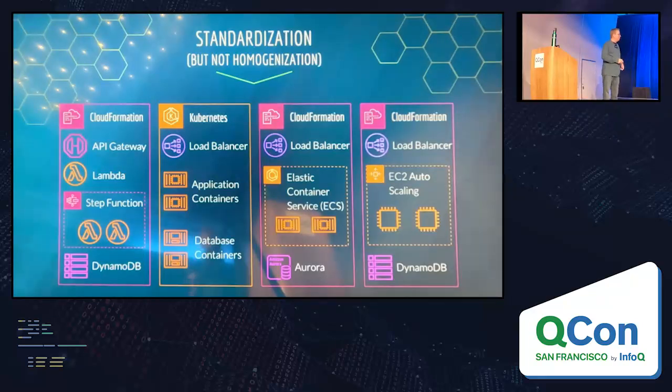Here we can see a few different examples. We've got one on the left that is deployed via AWS CloudFormation, and it's got some serverless resources like API Gateway, Lambda, maybe some Dynamo tables. You could also have some Kubernetes services that deploy load balancer, application containers, database containers. There's a few more AWS examples on the right. So these don't have to all be the same as each other,